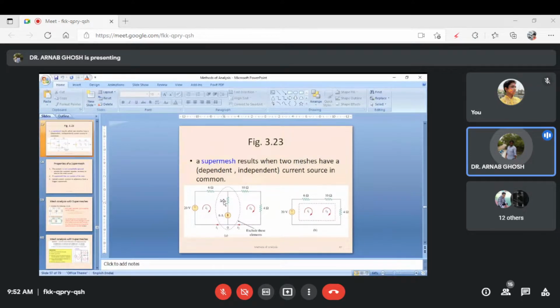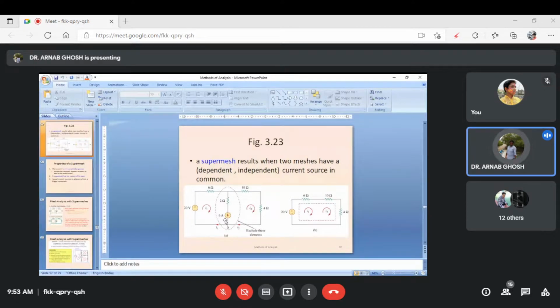because you see your I1 is flowing from top to bottom, that is in the clockwise direction through this source. I1 is flowing from this point to this point. I2 will be flowing from this point to this point. So you already have the constant equation, because the direction of the current source is the same as that of the mesh current. So I2 minus I1 is equal to 6. Okay, so you already have one constant equation with the current source and the two individual loop currents.